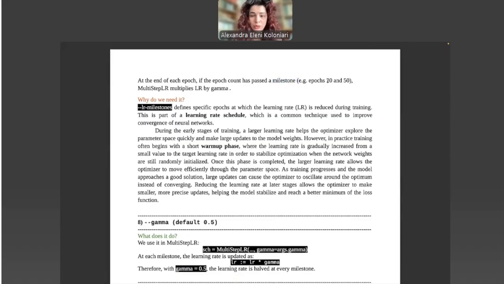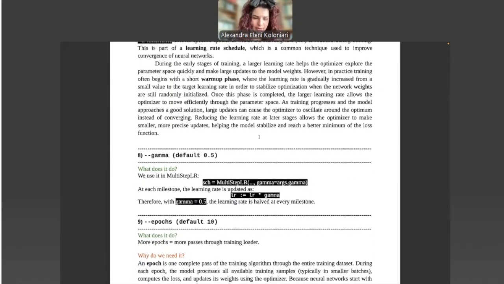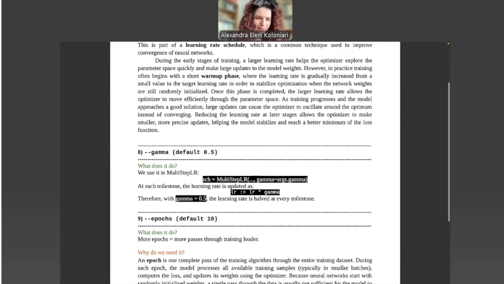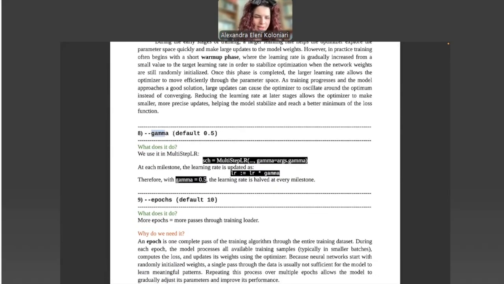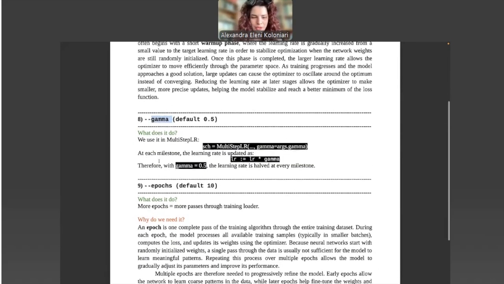milestones in order to reduce the learning rate in those epochs. And how do we reduce it? Well, we have gamma, for example, which is used in the multi-step learning rate here.